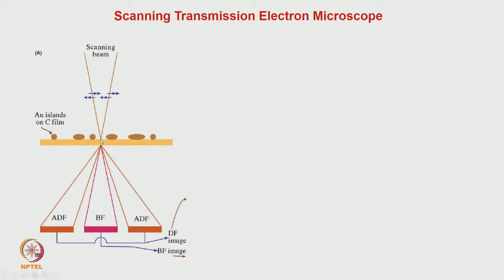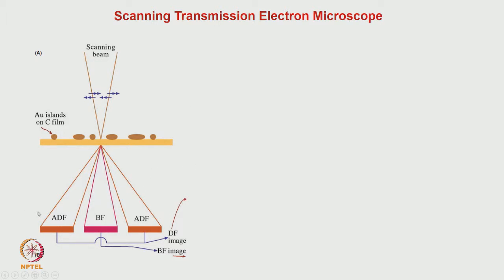As the beam hits a particular point, the beam is scattered, and the transmitted beam and the diffracted beam will be coming. These beams could be separately collected using detectors. If we scan the beam from point to point and the transmitted beam is collected by this detector, then depending upon how much scattering is taking place in other directions, there will be a variation in the intensity of the beam which comes out. This will give rise to a contrast, like in an SEM, and we can get an image with very high resolution. This is what is done in a scanning transmission electron microscope.